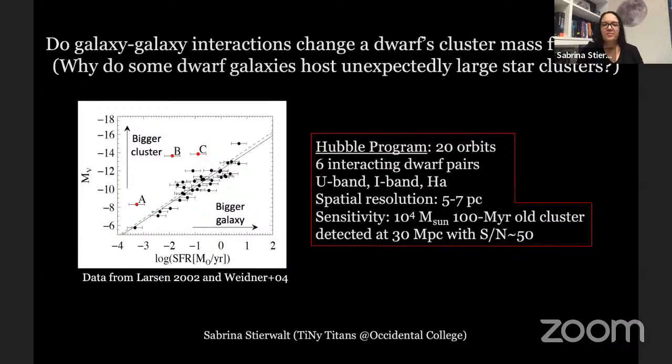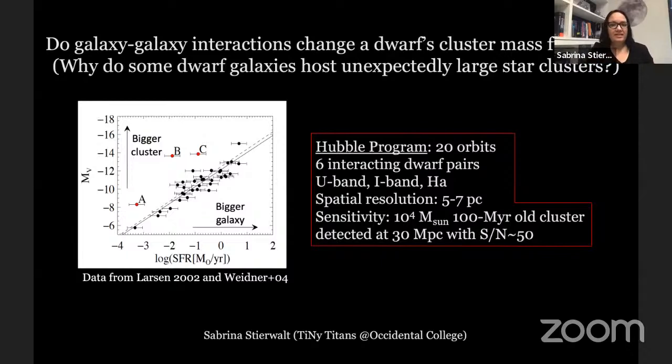We also have a really exciting Hubble program where we're trying to address why some dwarf galaxies have really large star clusters. So here's a plot that inspired this project, which is star formation rate of a galaxy on the bottom, and the magnitude, how bright is the biggest cluster in that galaxy. So bigger galaxies go to the right, higher star formation rate, bigger galaxy. You expect bigger galaxies to be able to have bigger clusters, right? So you expect some sort of linear relationship here, which you do see for the most part with these black points. But you see a couple of these red points here